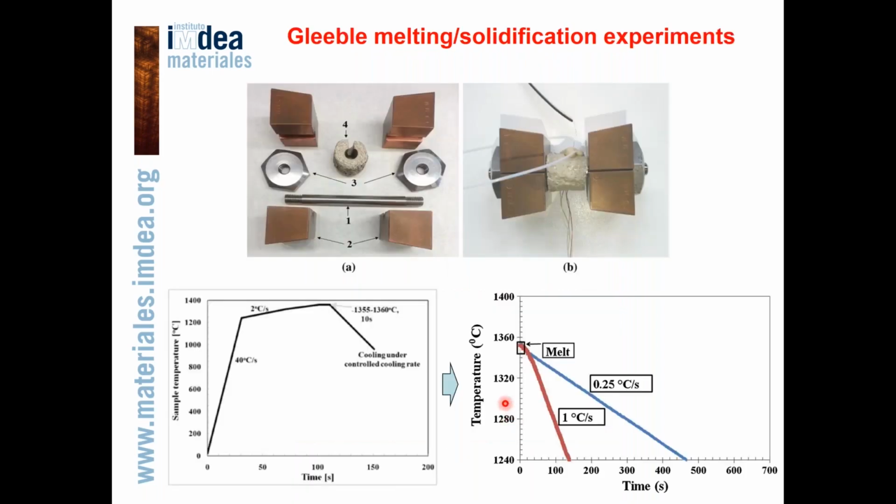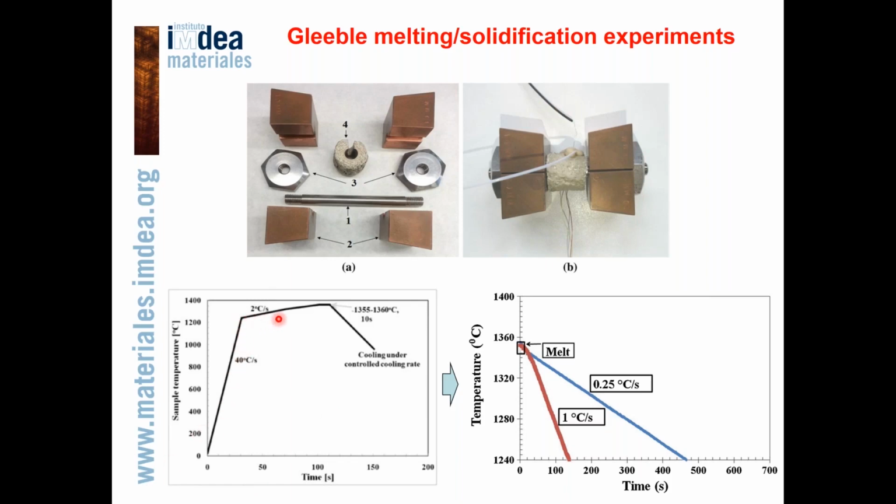So for the melting solidification experiments, we machined the samples of a standard geometry. The controlling thermocouple was welded on the midsection, and the ceramic tube with a slot was put onto a sample, and the sample was covered by copper grips. This is how the setup looks before the experiment. It was introduced into the Gleeble chamber, and